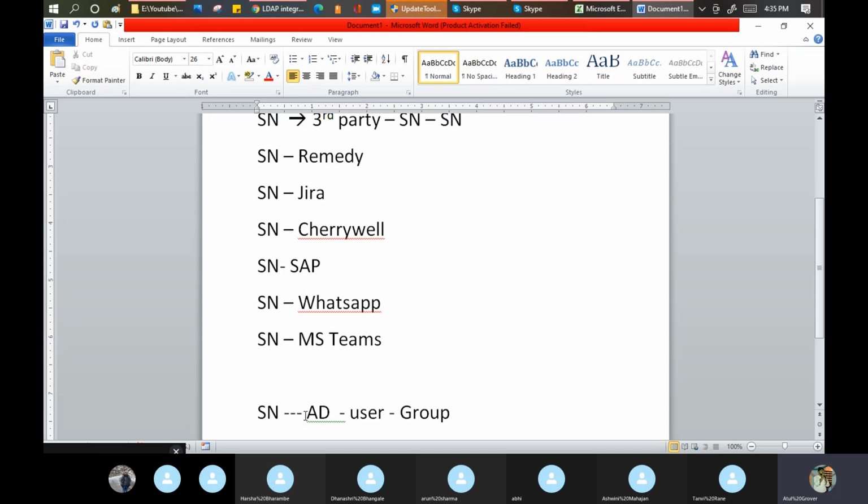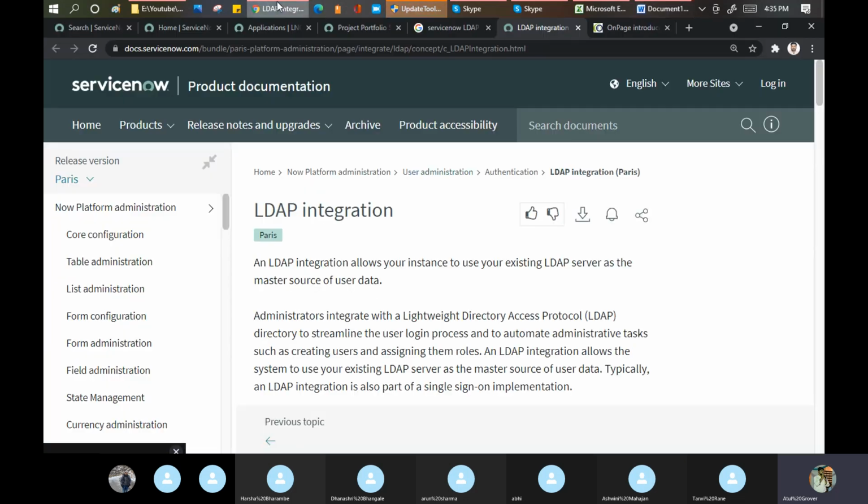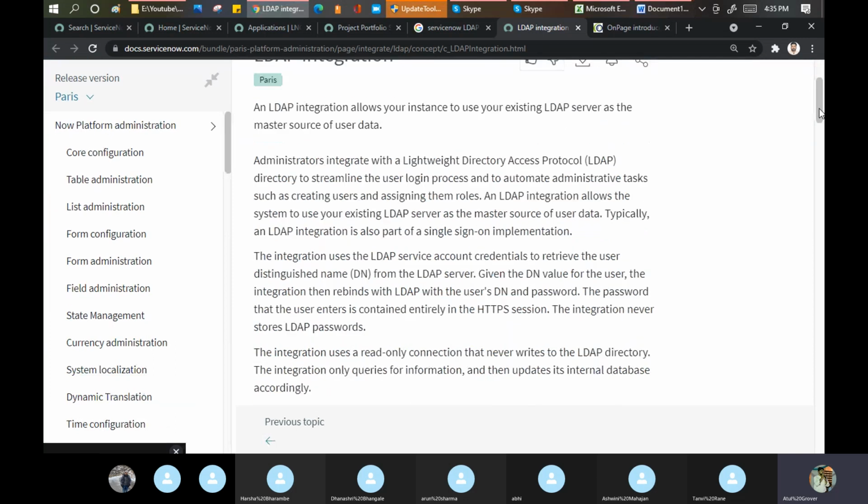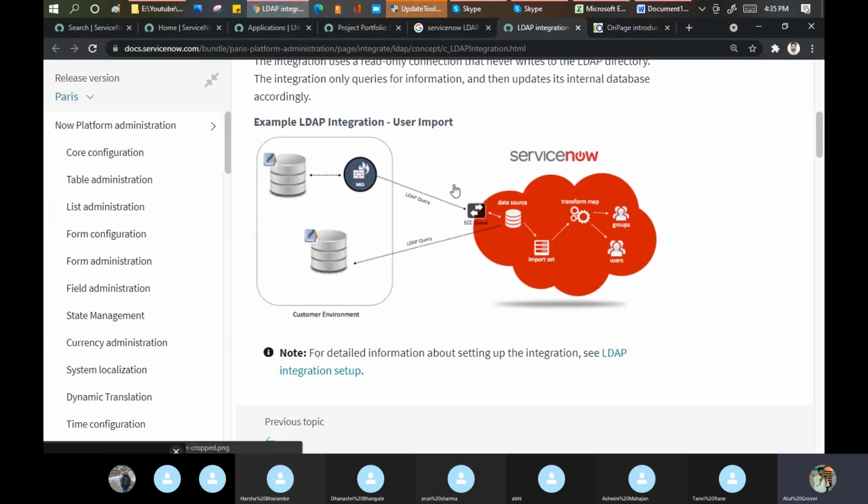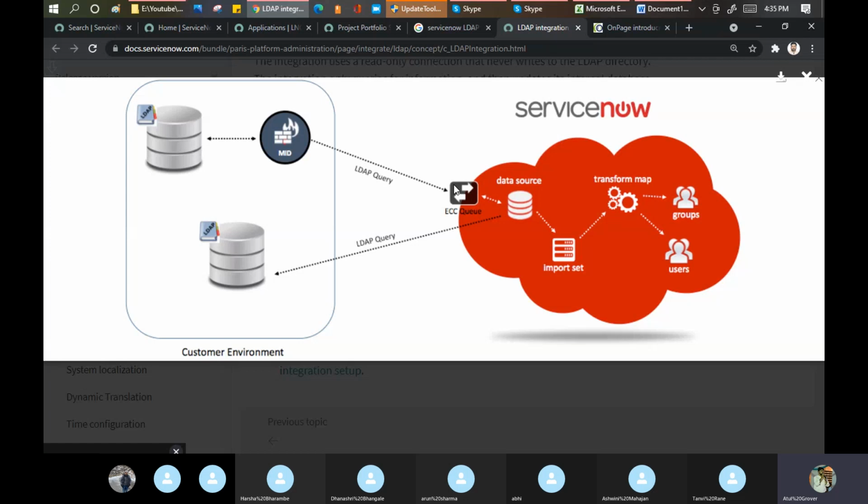Okay, so now I want to bring my AD data into ServiceNow, and this screenshot will help you understand how. This is the main topic of our session. This is ServiceNow. This is my Active Directory. If you see here, a new word has been introduced: MID, M-I-D, which stands for Managed Instrumentation and Distributed.